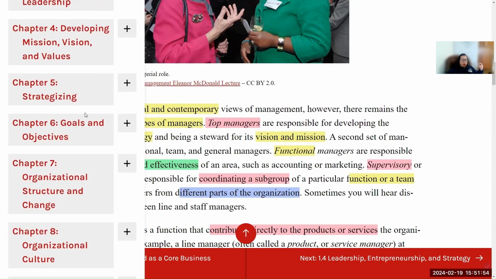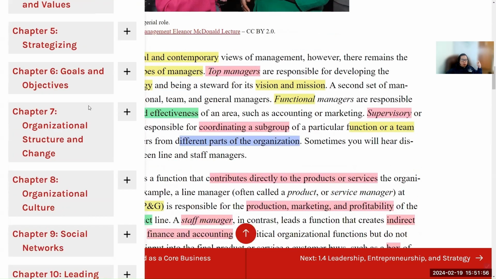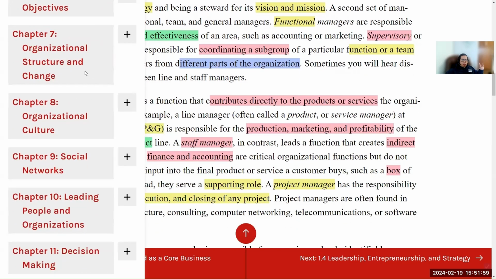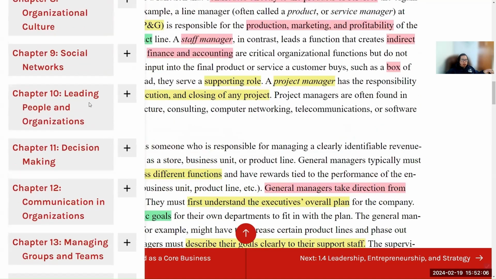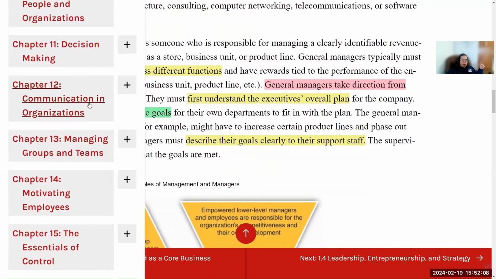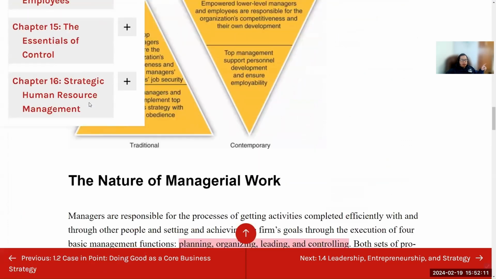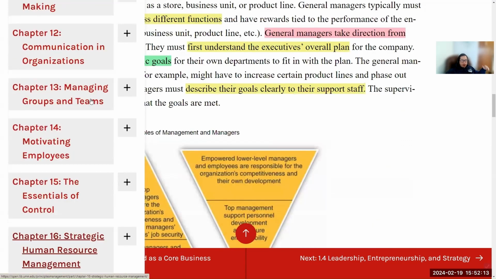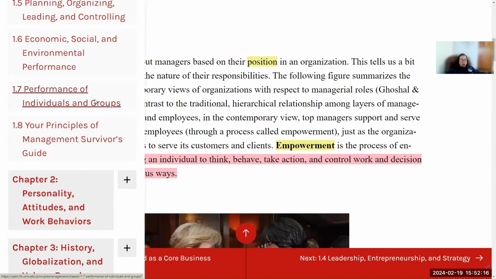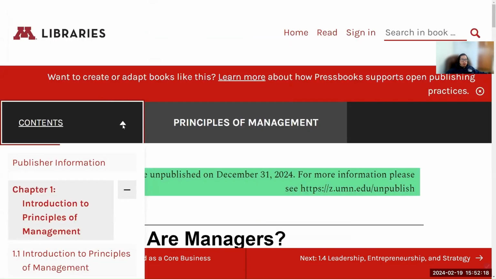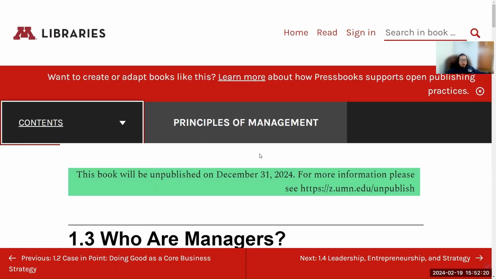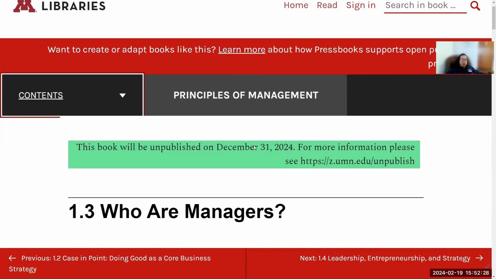Vision, mission, values, strategy, goals, objectives, organizational function, and then we go down to the organizational development approach. This is culture, networking, leading people, making decisions, motivating, and all kinds of modern theory so far. But if you want to go through modern theory, you've got to understand the background first, which is why we need help today. Take time to read this book. I mean, if you go through all this book, you basically have some idea of what management is.